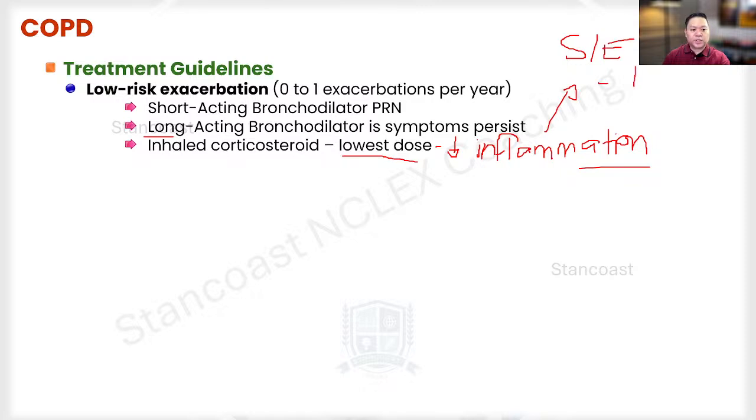There will be some increase in the blood sugar, right? Let me just write here, blood sugar, hyperglycemia, and also the incidence of osteoporosis. Remember that with corticosteroid use, this can cause demineralization of the bone structure. And there's also weight gain because of the retention of salt, the sodium, and water. So the weight gain is going to be significant.